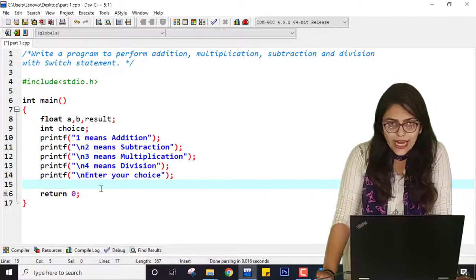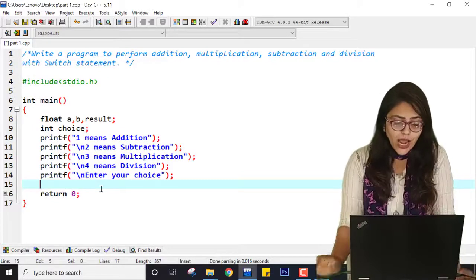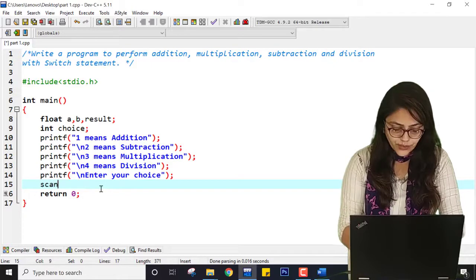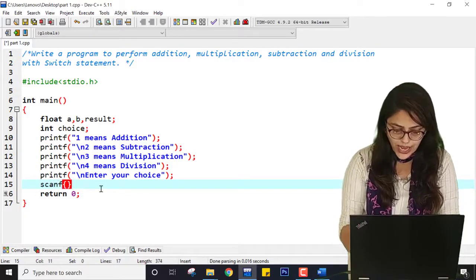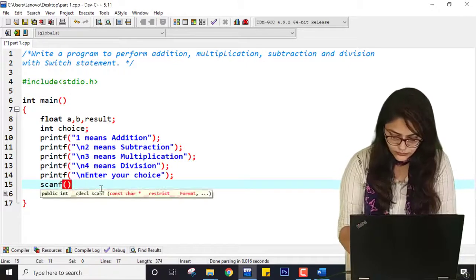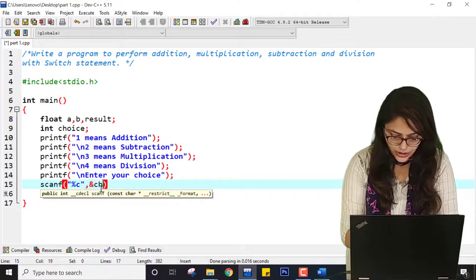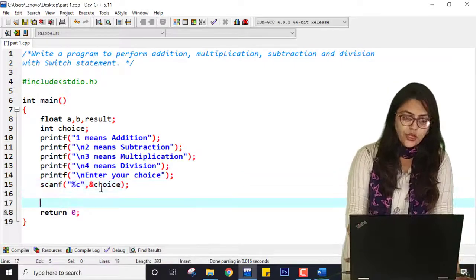I can either use getchar, a function that I have shown you in the input output functions video, or you can also use scanf. So for scanf I can use %c and here &choice, right?